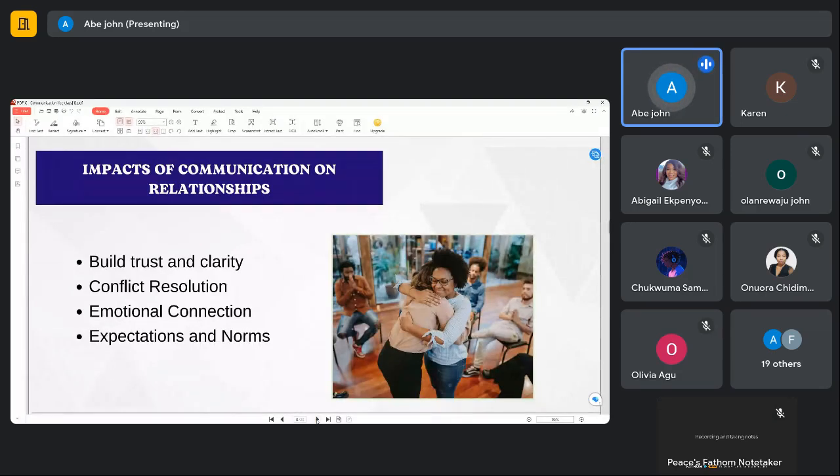Then emotional connection. Emotional connection in the sense that you guys are emotionally connected to the project or to the product, depending on what you are working on. Nobody is trying to force the other person to work on the project. You guys are more like, okay, fine, these are products, these are projects, let's join hands together, let's make it work, let's bring out something good out of it. You get my point. So that's what communication does for you in your team.